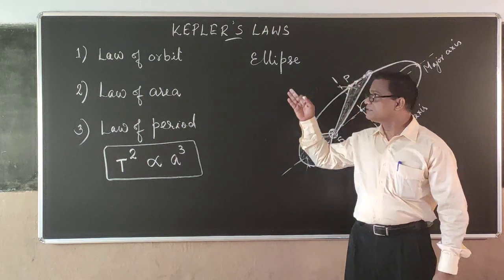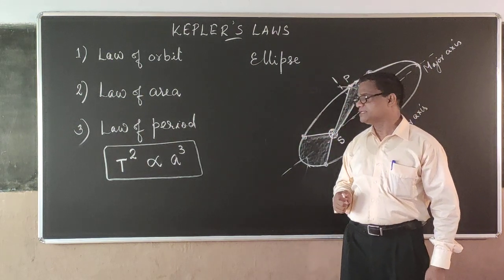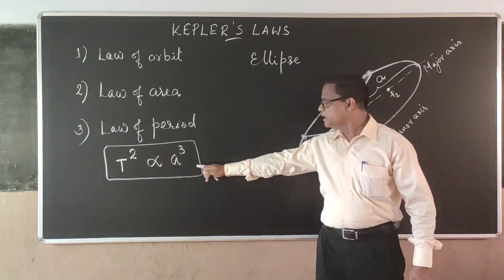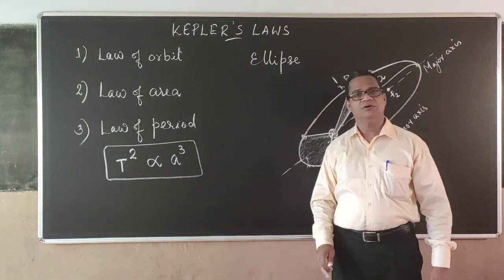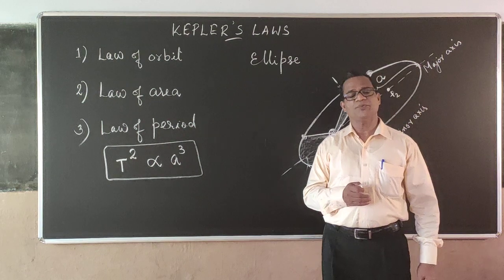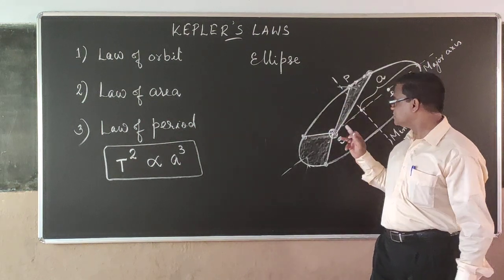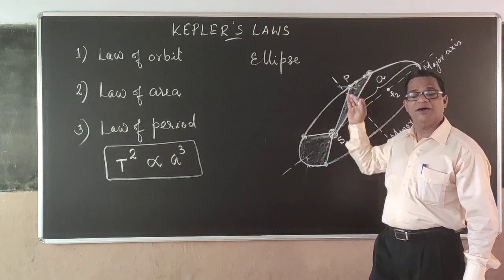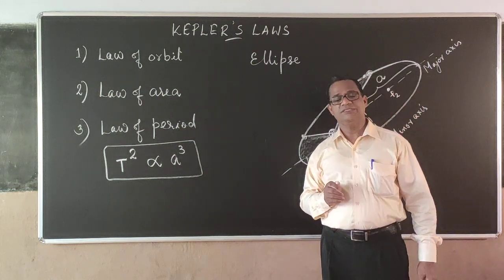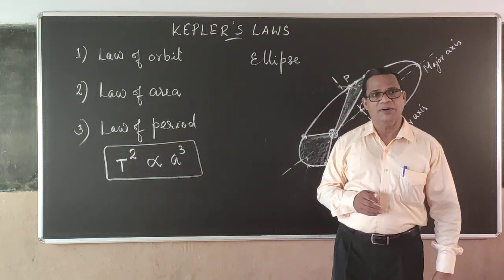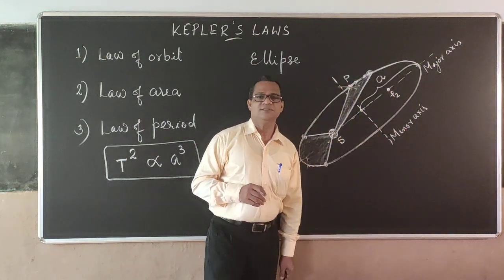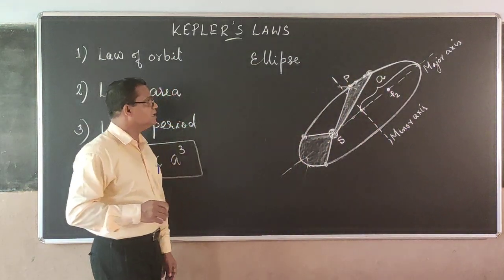Okay, so these are the three laws you can consider, and one more thing, that this semi-major axis, for solving of the problem, you can assume it to be the distance from the sun to the planet approximately. That is another fact to be remembered. Alright, so these are the three